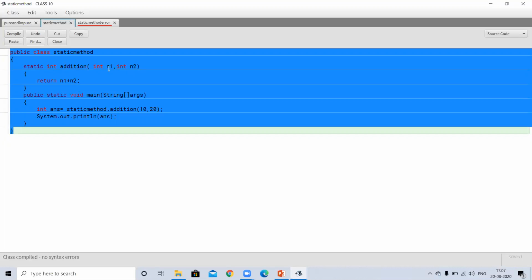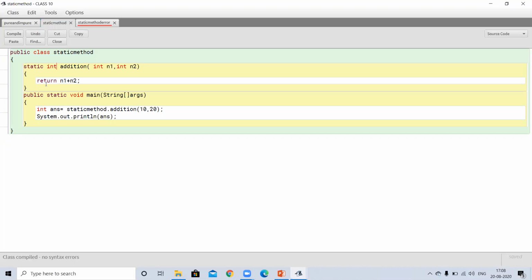Here I am passing two arguments and it will return a value also of integer type. Now, what this function does is add these two values n1 and n2 and return the result. This is the aim of this method. Now, come to the main method.